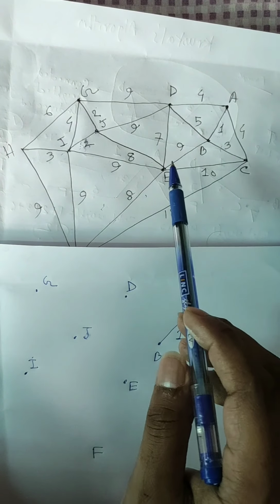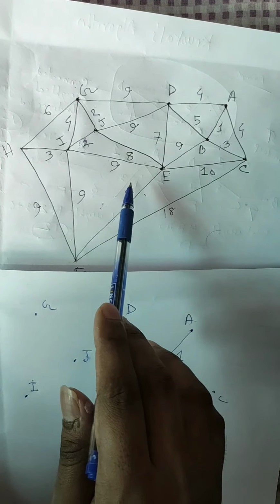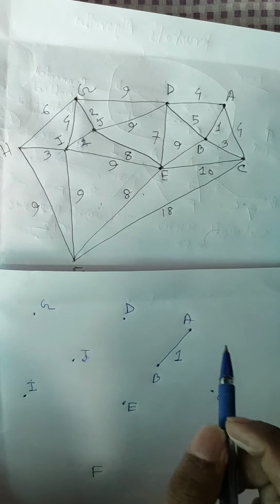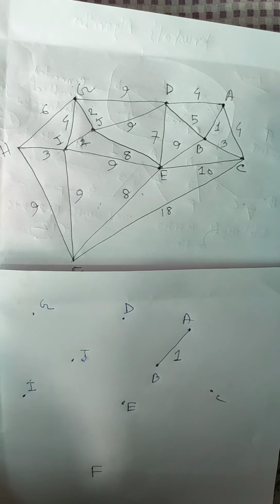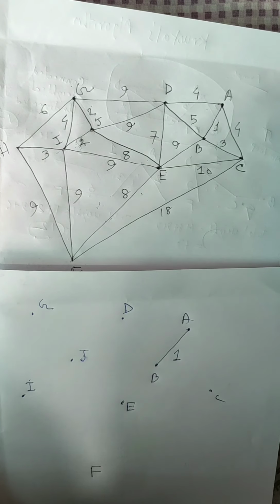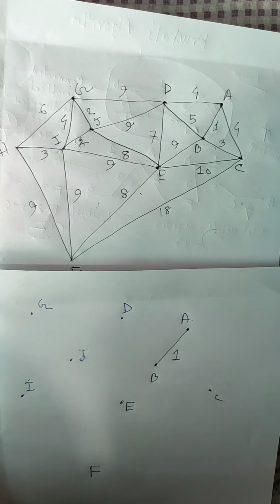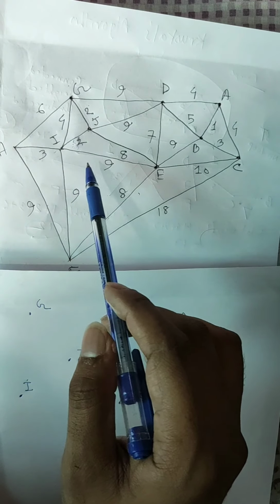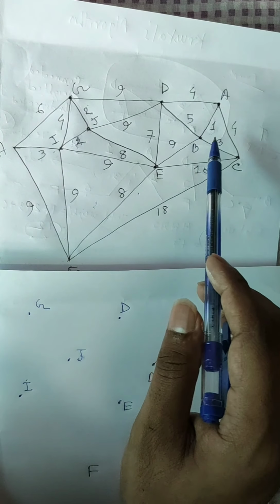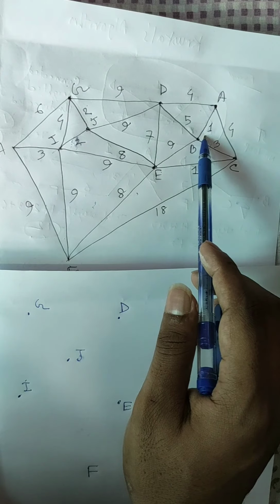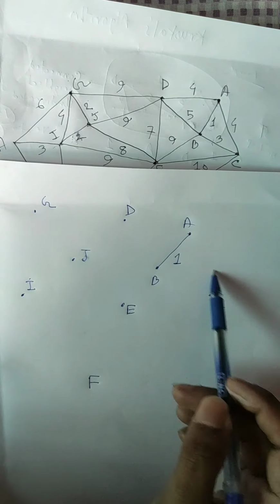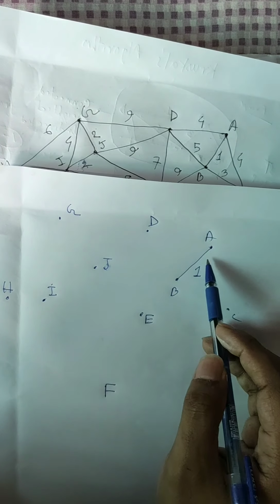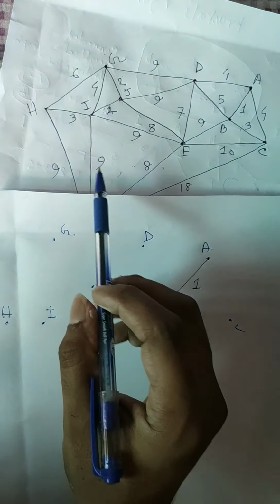Now we will find the minimum spanning tree from this graph by using Kruskal's algorithm. For finding the minimum spanning tree from a given graph, we will always take the smallest edges, but we cannot take any edge which produces a loop. So what is the minimum weighted edge from all of the edges? This is the minimum weighted edge. So first we will take all vertices, then we will take this edge first,